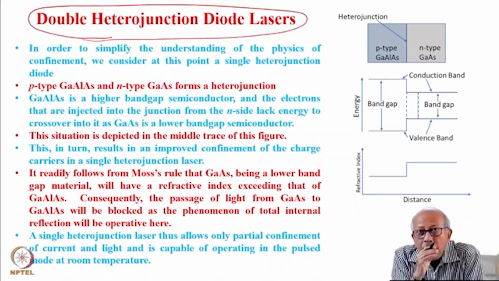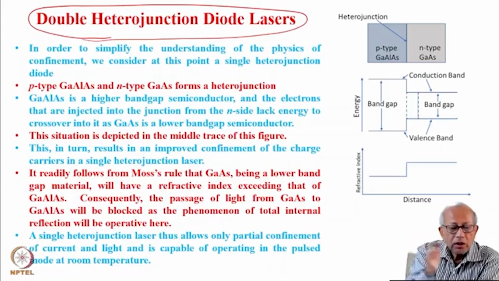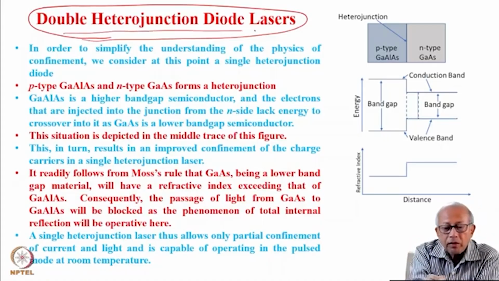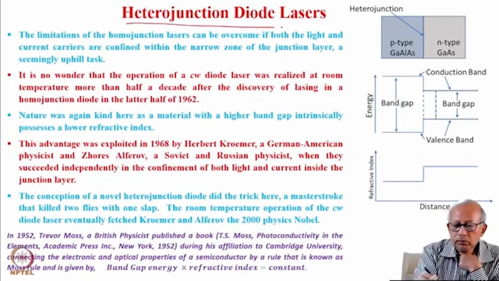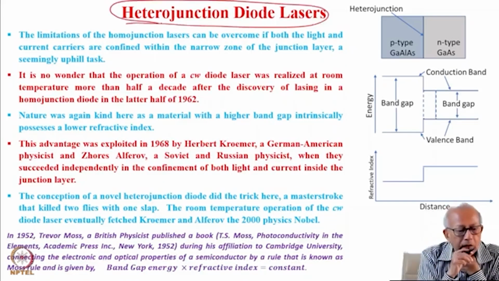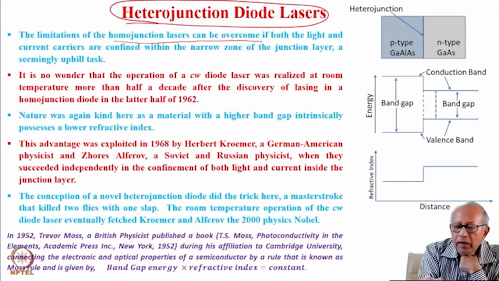Today we will go a little deeper and try to understand the underlying physics that makes confinement of both light and charge carrier possible within the junction layer of a double heterojunction diode laser. So, heterojunction diode laser. The limitations of homojunction lasers can be overcome